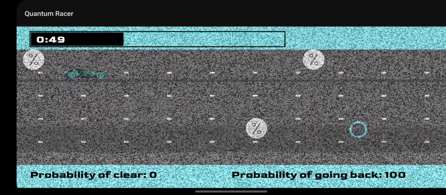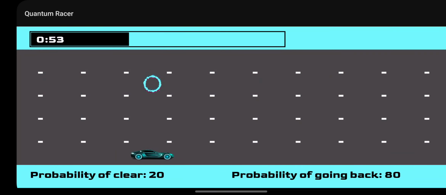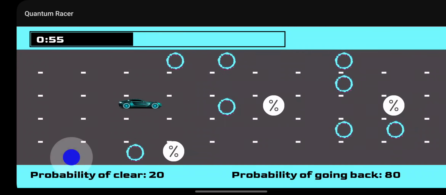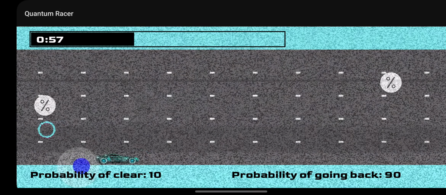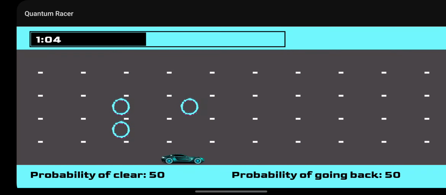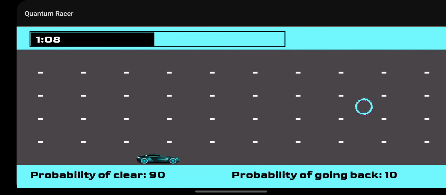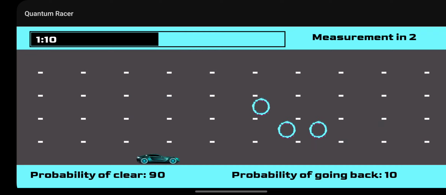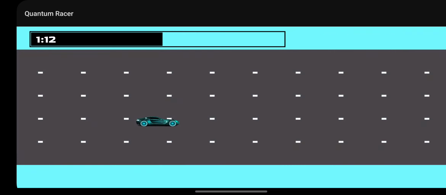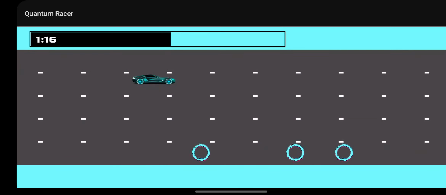Let's see what happens when I crash into one of these decohering particles. It resets my probability of clearing back to 0. It's quite awful. Got reset again. Let's try to keep collecting these particles so that I don't end up being sent back. Now we've been away from our stationary self for a while. Oh, we're at 90%. This is very good. Ooh, perfect. See, that just cleared the screen for us. Got rid of some obstacles, and we didn't get sent back.